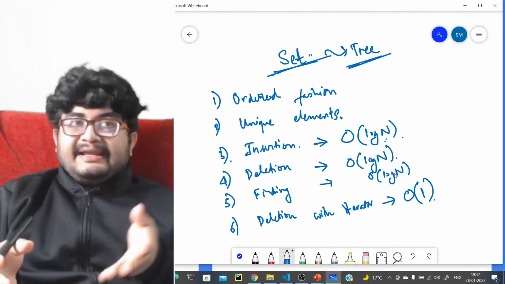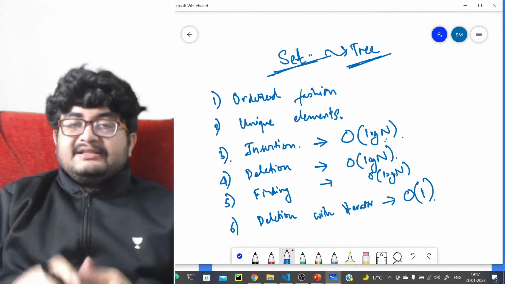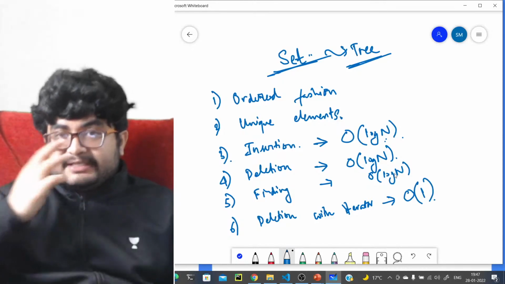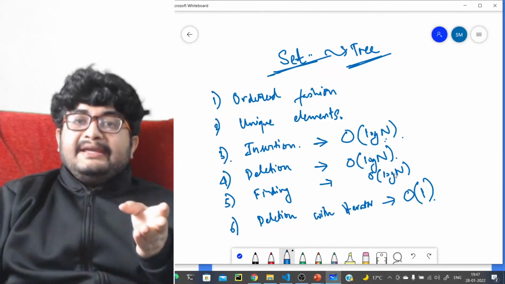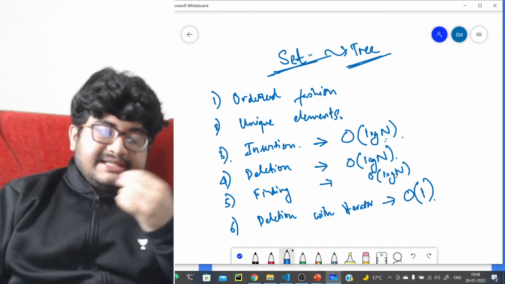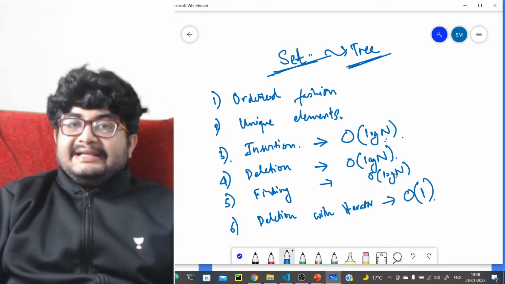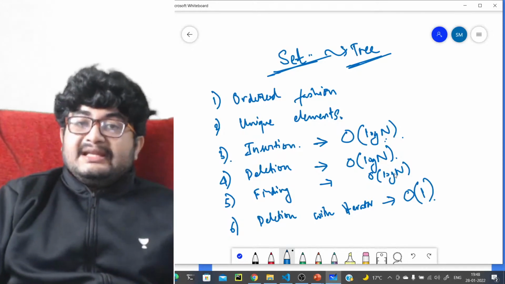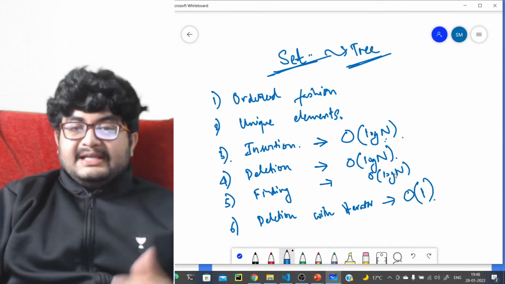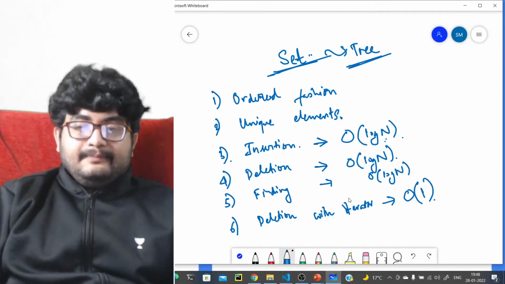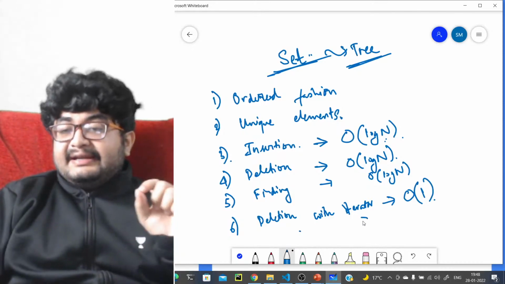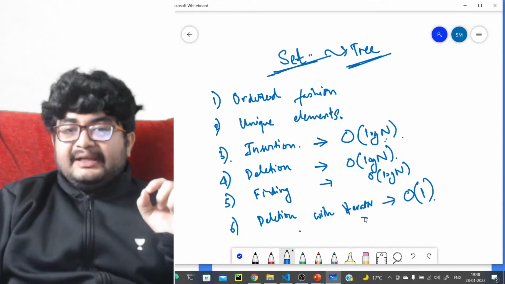What are iterators again? If you want to travel on a tree, you cannot travel similar to an array, where you do i equals 0, i less than n, i plus plus. You are traveling on a tree, so there should be some way to do that. So what C++ provides you with is iterators that help you travel on these containers easily, with a very similar syntax to what you have with arrays. So with an iterator to an element, if you want to delete that element, it will be order of 1.